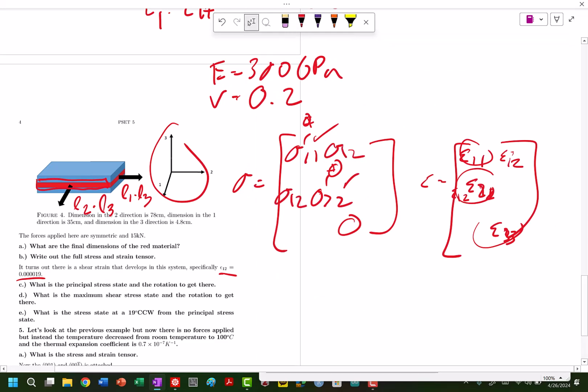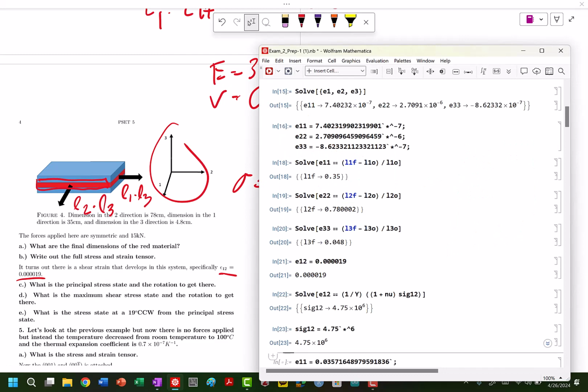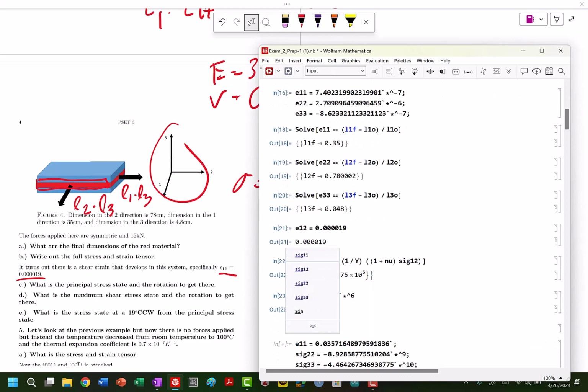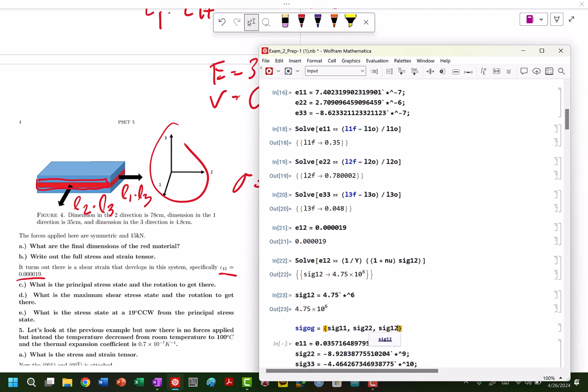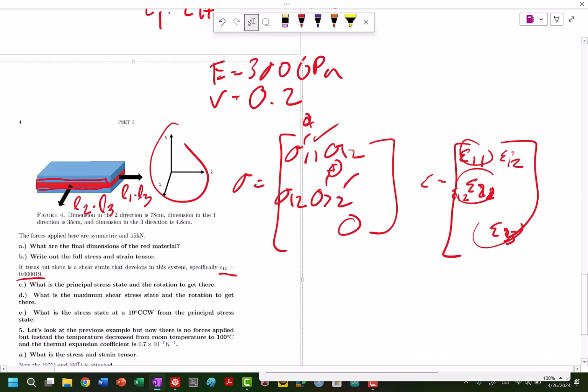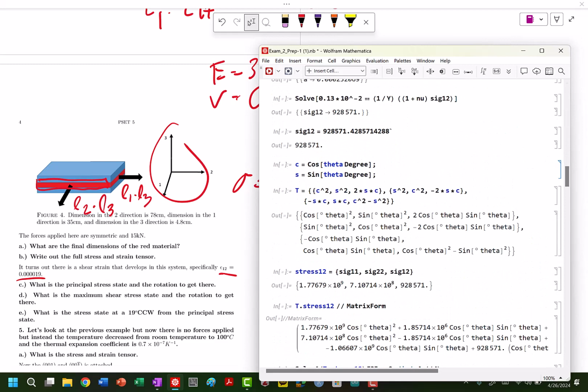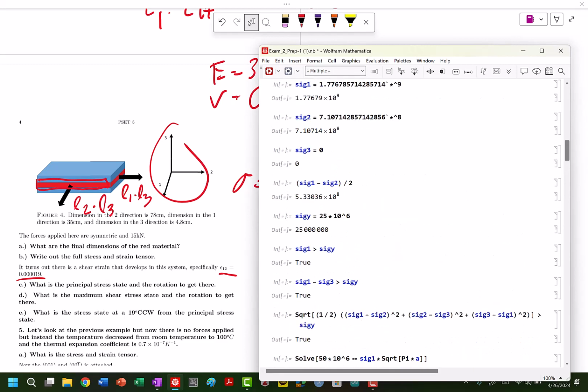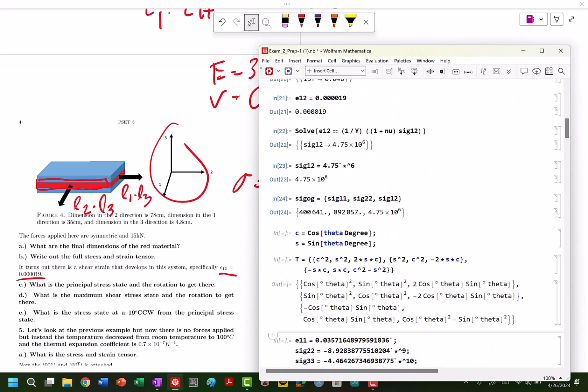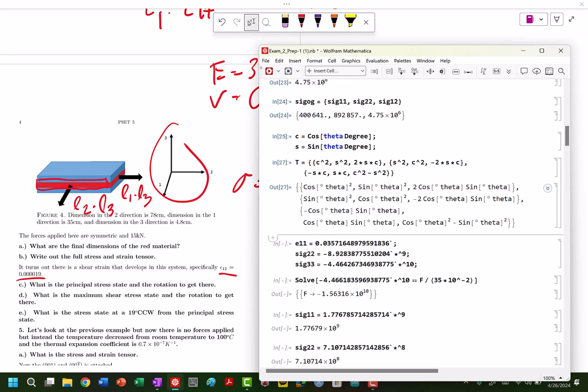So now if I want to find the principal stress state, I'm not in the principal stress state, so I need to do sig OG. Sig OG is equal to sig 1, normal stress, and then shear stress, sig 1,2, because I'm in plane stress in the 1,2 plane. So now I need to, again, go back down here. I'm going to pull out my rotation matrix, go all the way here. If we want to find both the direction and the principal stress state, I need to do T dot sig